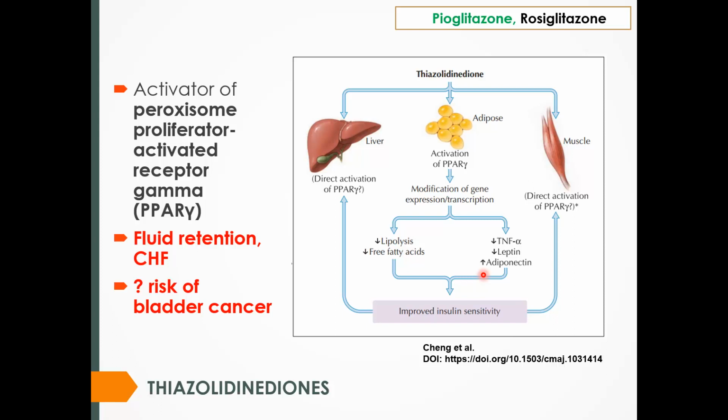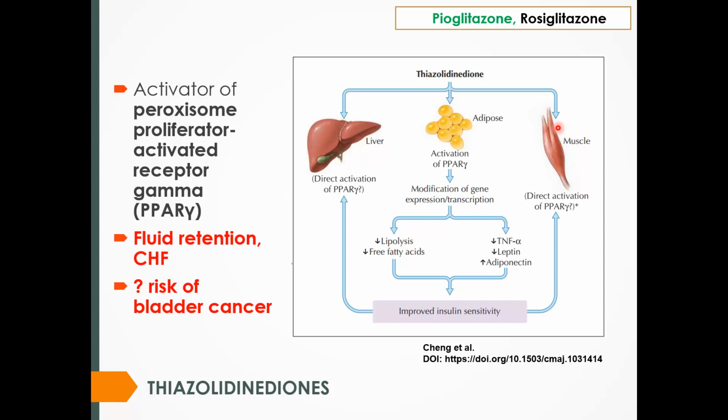In the next class, we will discuss in more detail the insulin resistance. That is a very critical problem in case of type 2 diabetes mellitus. And thiazolidinedione decreases insulin resistance and improves insulin sensitivity. It has other functions too, like it decreases gluconeogenesis from liver. So again, hepatic glucose production is decreased, and it increases